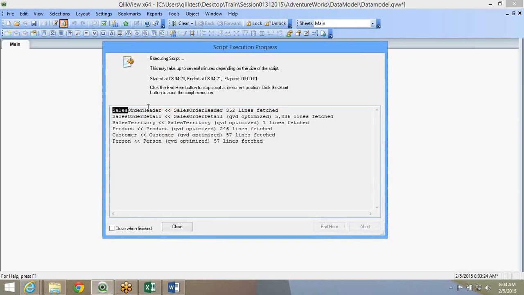And if you observe, when I used the where clause in the first table, in the sales order header, the QVD optimization broke. So whenever you use any transformation, even a where clause, optimization will break. If you alias a name or if you use a where exist, the QVD optimization is still intact. So though I'm using where exist to reduce data, the QVD optimization is still there. These are a few optimization techniques which developers generally overlook.